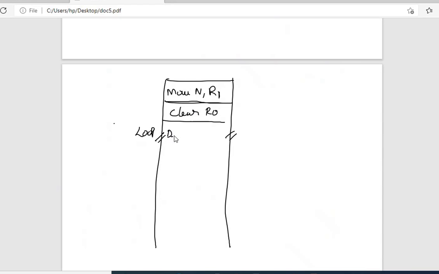Determine the address of the next number, and whatever number is fetched, add that number to R0. It has two parts here.